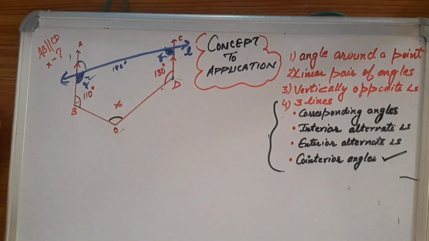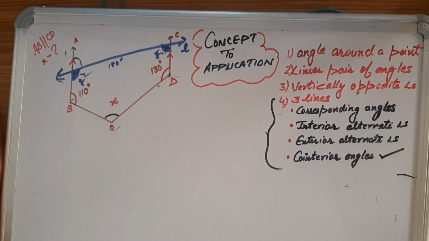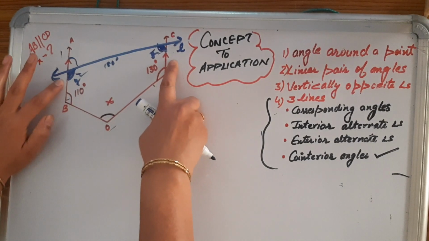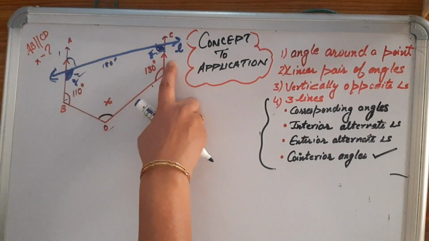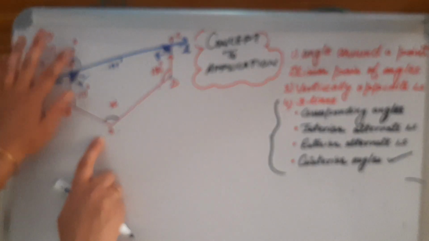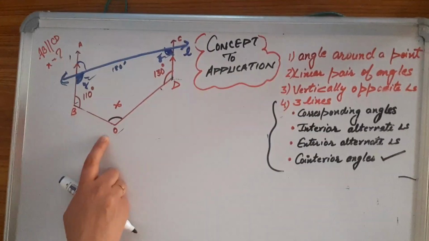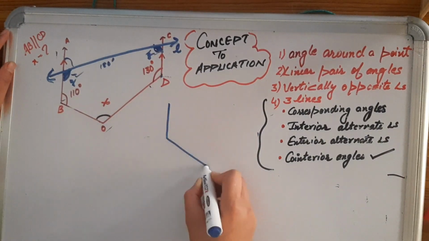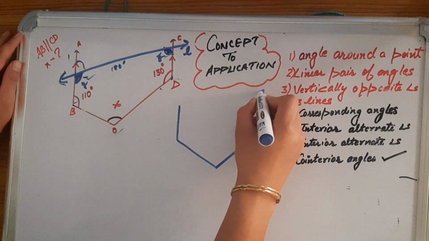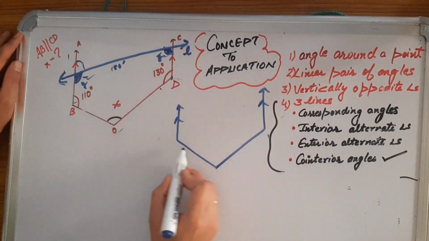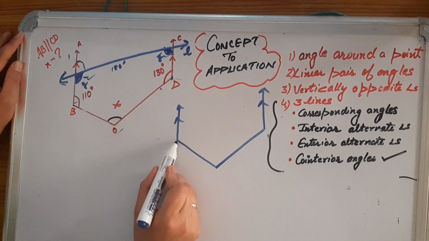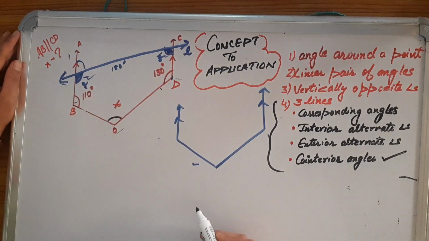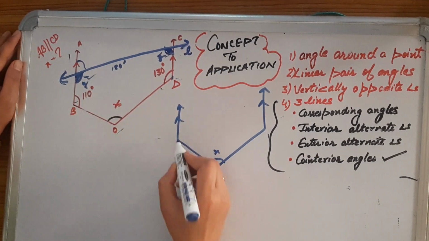Suppose we wouldn't have constructed it, just ignore this line now. What did we do? We had parallel lines, and we constructed a transversal. If I focus here, I would say I have a line and a transversal, but not the parallel line. I'm just redrawing this. Here I have a line that can serve as a transversal, but we don't have a parallel line, and we have to find this out.